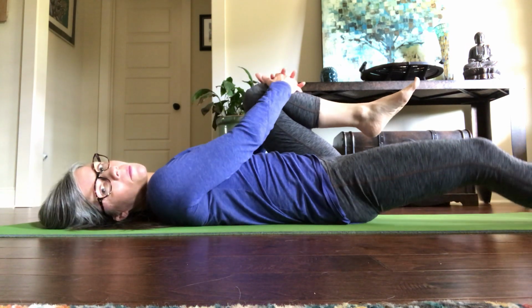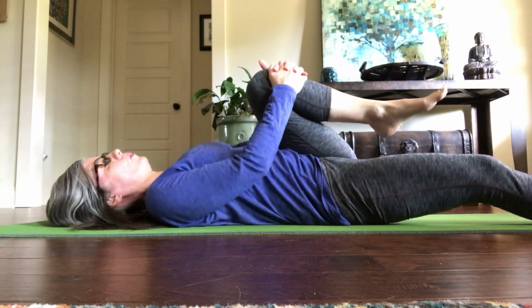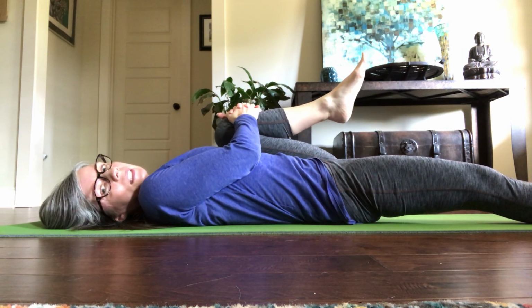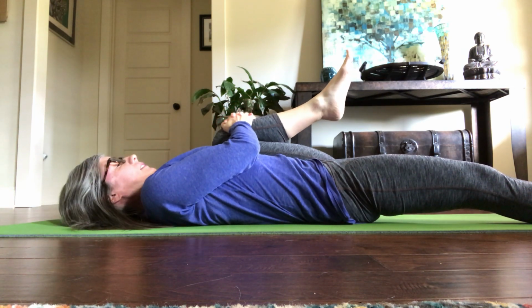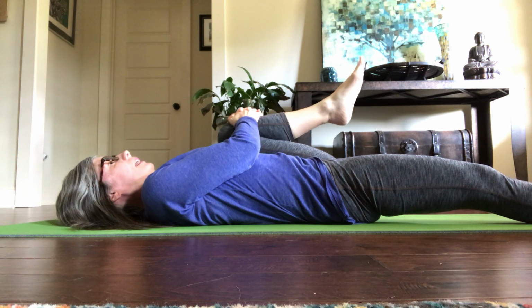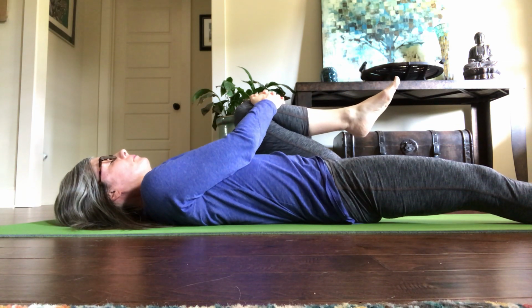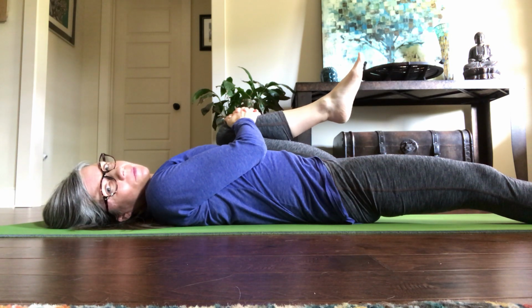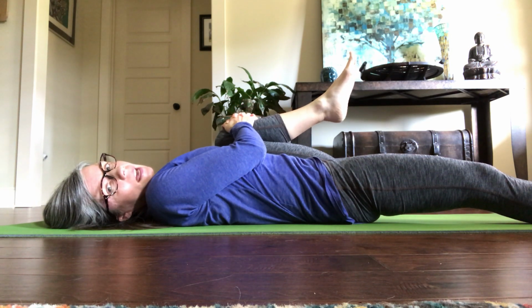Go ahead and grab the left knee. With your exhalation, you can give that knee a good squeeze. Inhale, soften just a bit. Exhale, squeeze. With every breath,